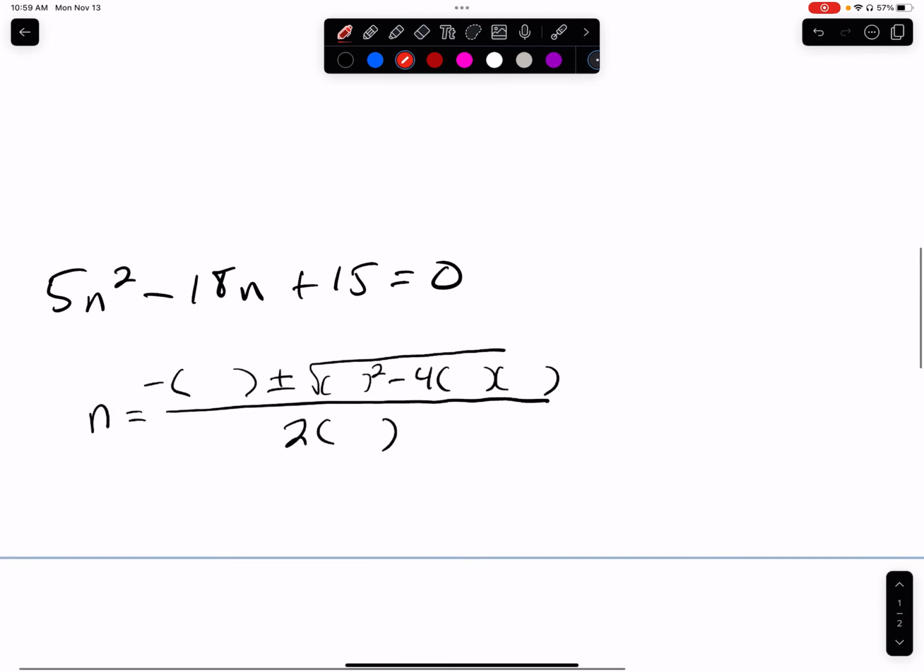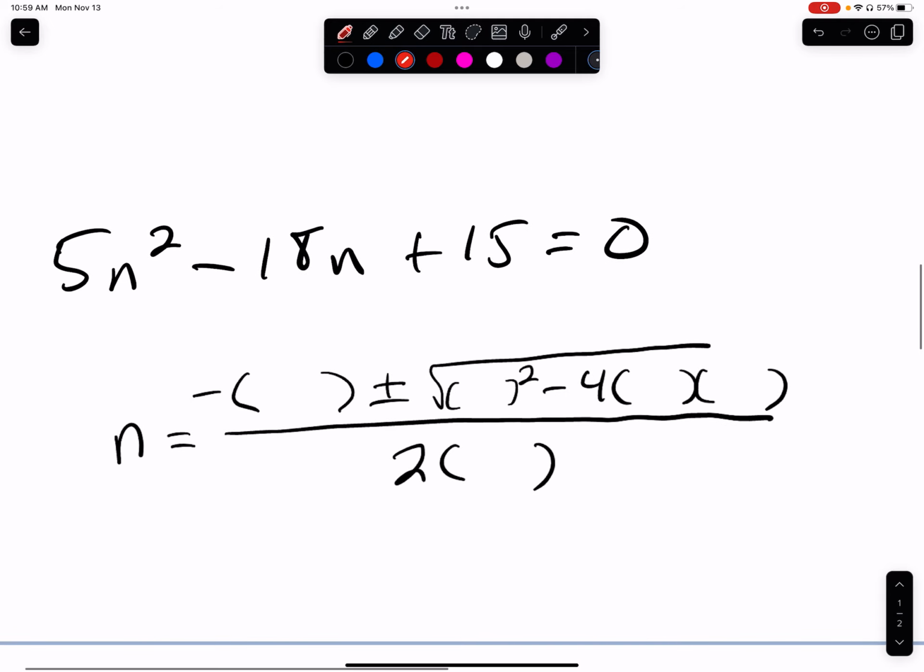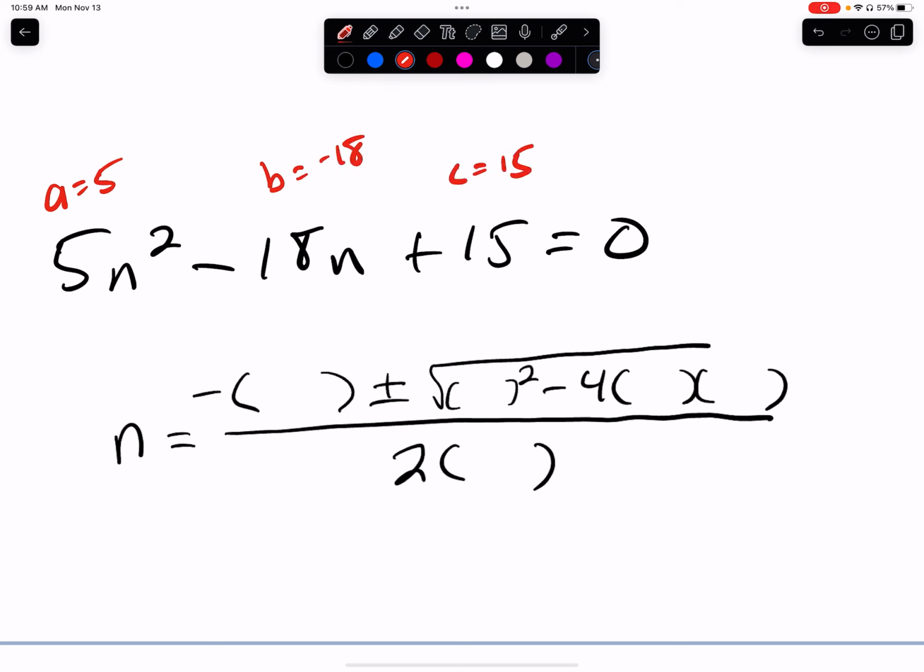We've got 5n squared minus 18n plus 15 is equal to 0. That's what we want. We want our equation equal to 0 here. Okay, so I've got an A value of 5, a B value of -18, and then a C value of +15. So let's go ahead and substitute in. So -18 plus or minus -18 squared minus 4 times 5 times C is 15, all divided by 2 times 5